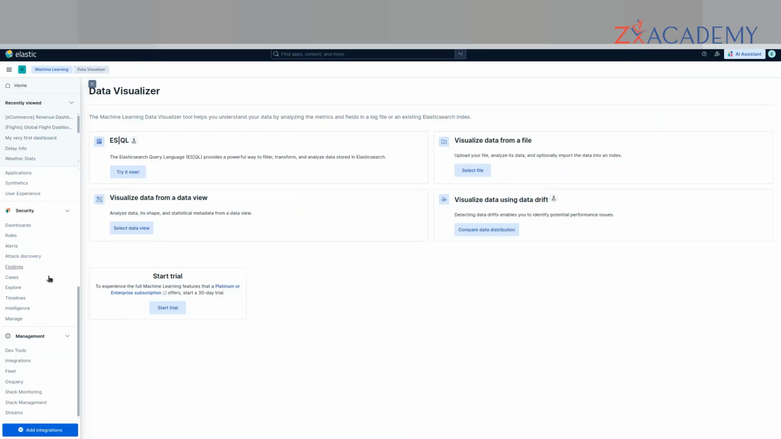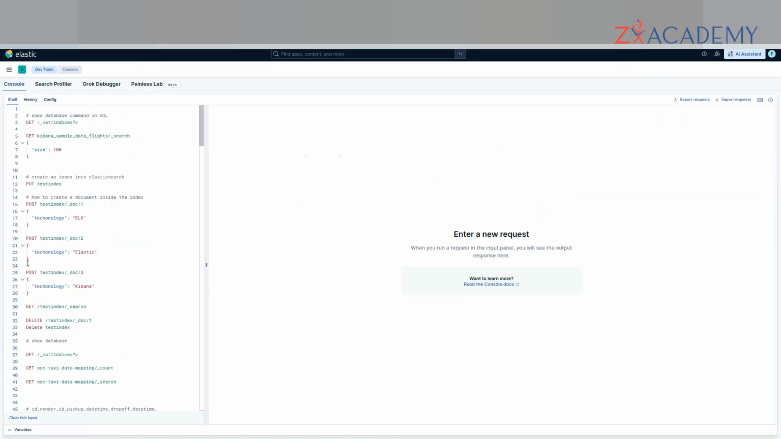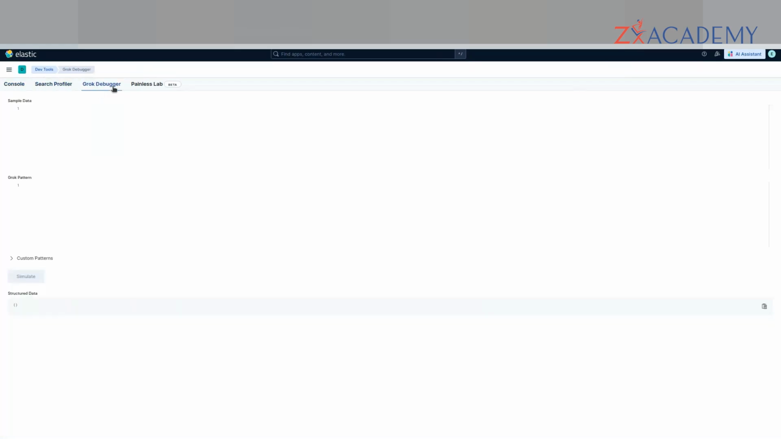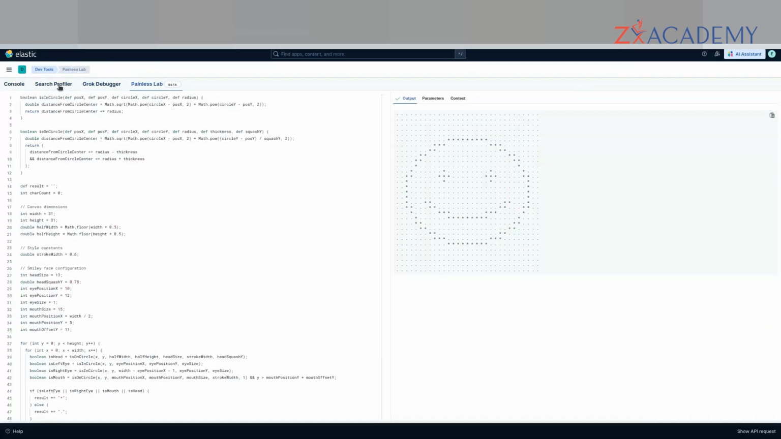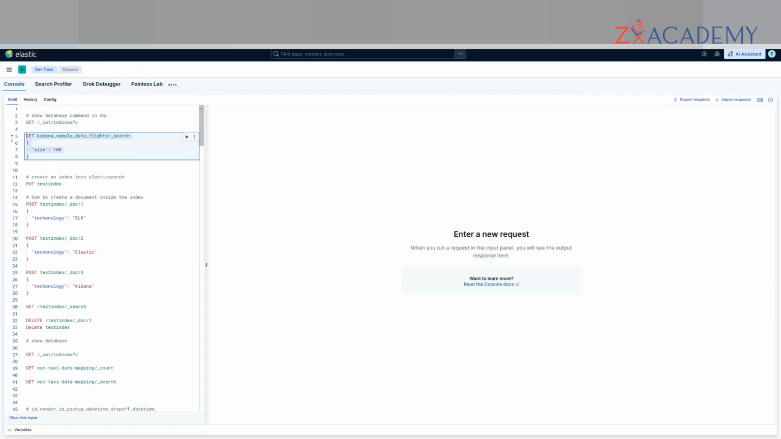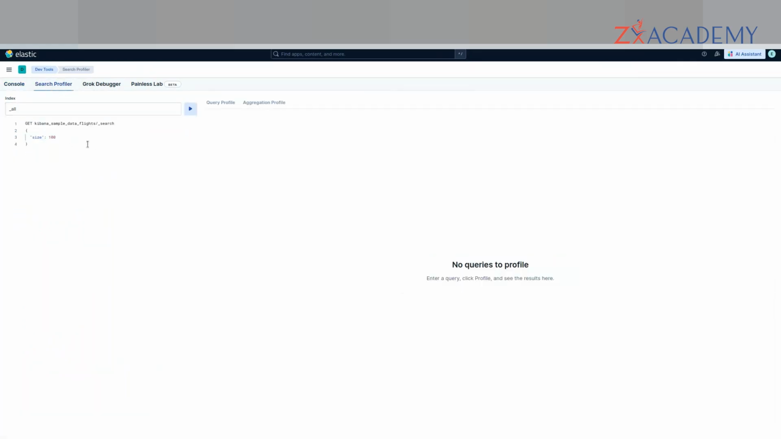And now coming back to the dev tools, we know how we can query. There are other tabs we see here, something called Search Profiler, Grok Debugger, Painless, etc. We will see those in a subsequent section. For example, if I wanted to select a given index, right? If I want to search, I want to copy a query here, Control C, and paste it here. If I want to execute this query,